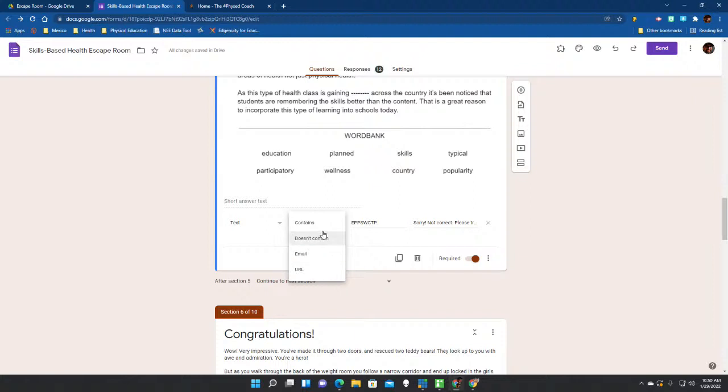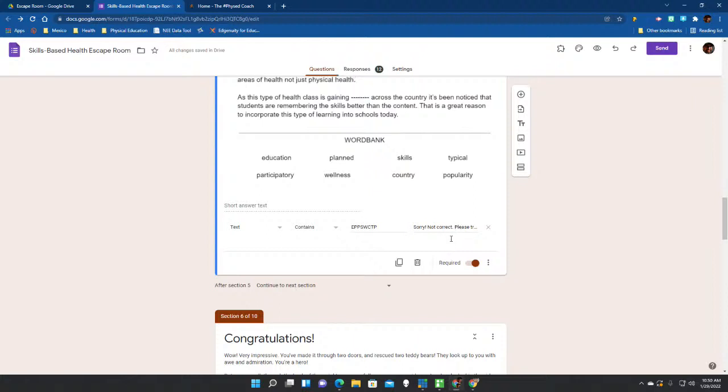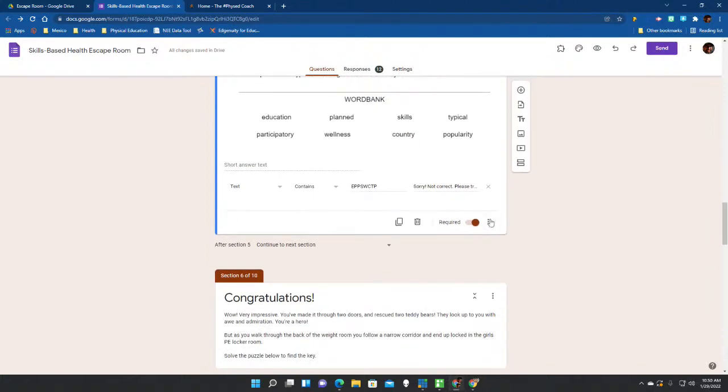You can also put these other things in there, but for this example, contains, and then you put in the answer, and you can put in some text for them to see that they do not have the correct answer. One thing that I haven't mentioned yet that I need to is you need to make sure that you mark required on all of these, because if it's not required, then the students can just click through, and you don't want that to happen. You want them to fully answer all of the questions and solve all of those puzzles